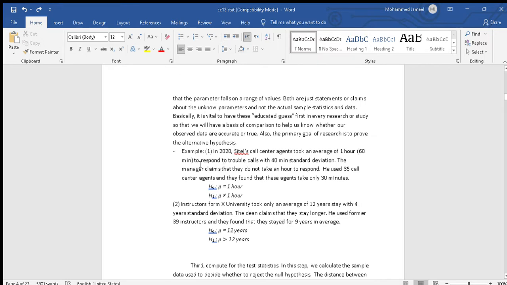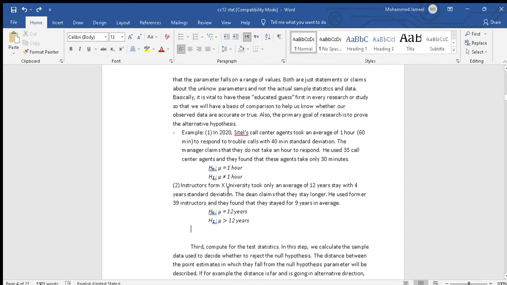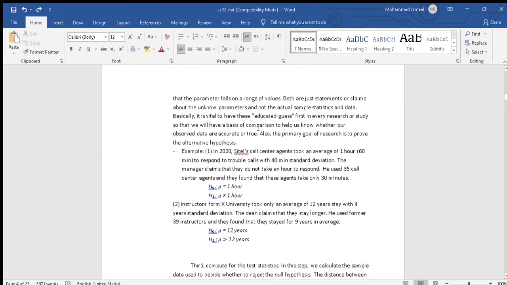In the first example, it says that in 2020 a call center agent took an average of 1 hour to respond to a trouble call, with a 40-minute standard deviation. The manager claimed that they did not take 1 hour to respond. So here we're going to decide that the null hypothesis is 1 hour, because as we read here in